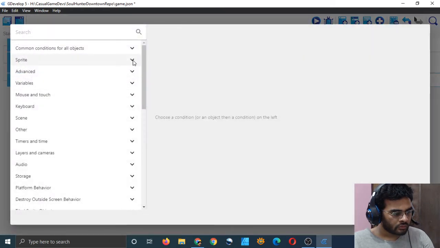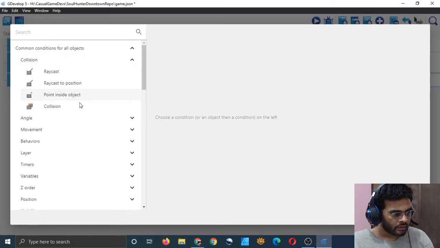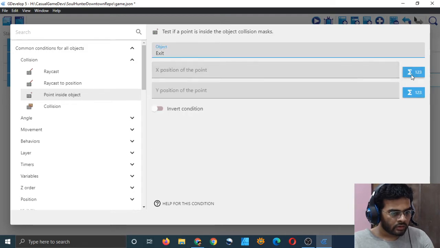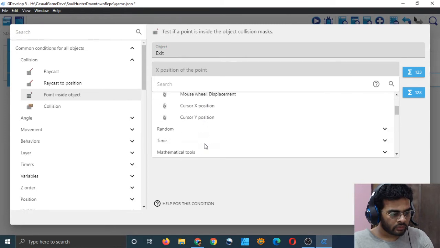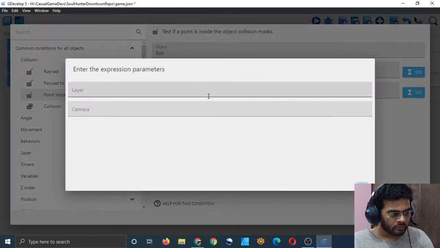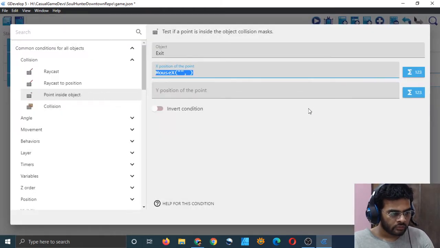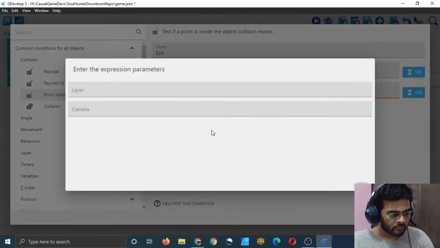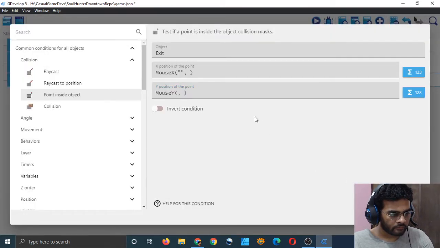So sprite, not sprite, it is collision, point inside object. So the object is exit button, and X point is mouse cursor X position, player default, camera default, and mouse cursor Y position, and everything default.